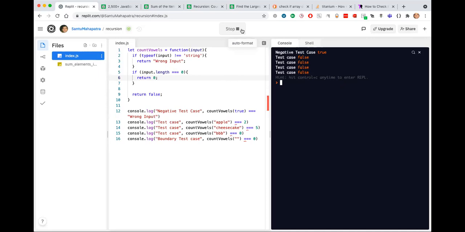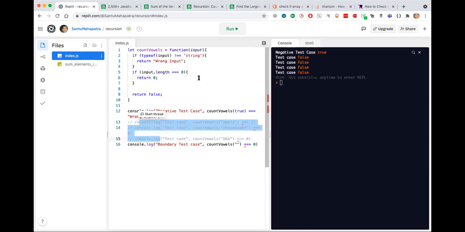Did it go to infinite loop? No value is returning. Let's try to print it out.